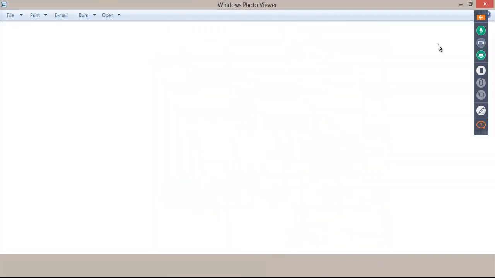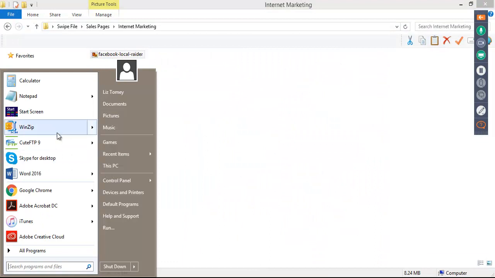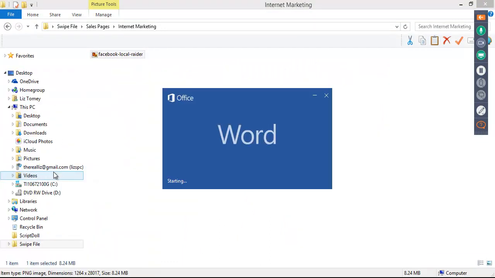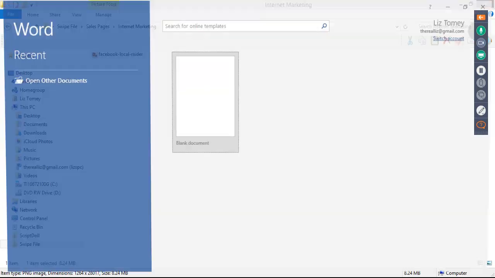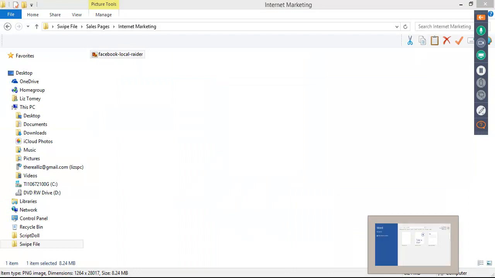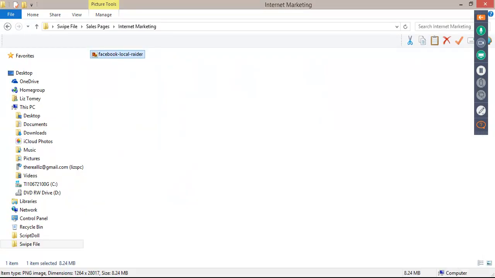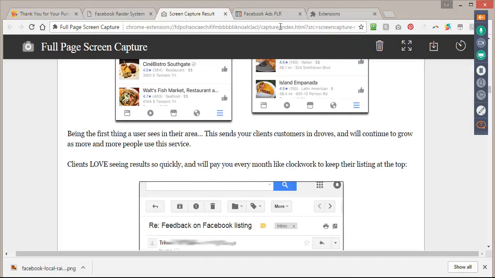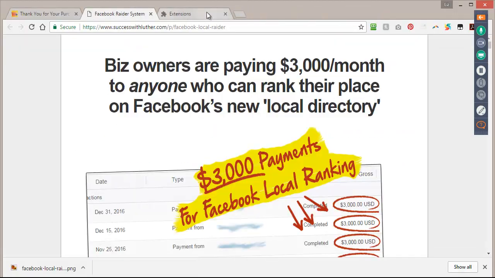Now, like I said, you can also take all of this, open a blank document, and get rid of this.